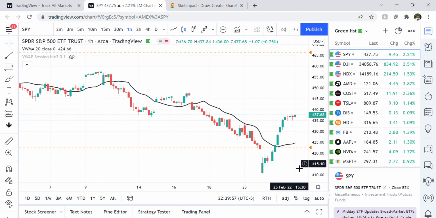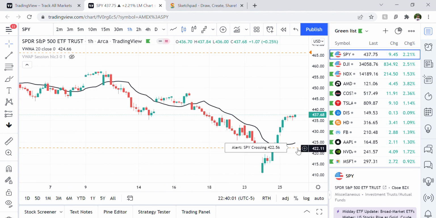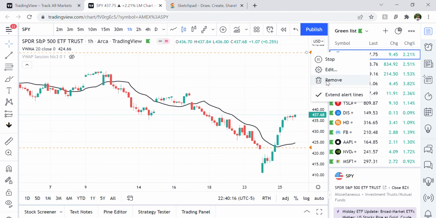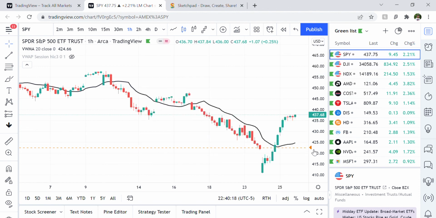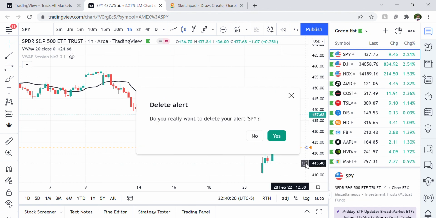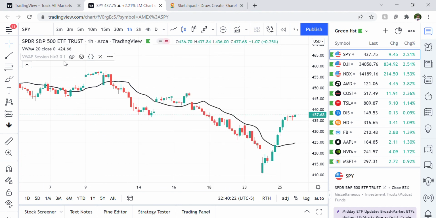Okay, based on this strategy, upon closing of a candle, whether I should enter a put or not, I will just make a note when the price comes here. Okay, so similarly you can add alerts, and you can keep a watch on the market without watching your charts every second. Okay, if you don't have a premium account or a paid account with TradingView,